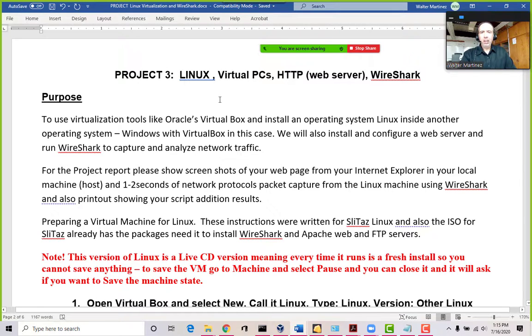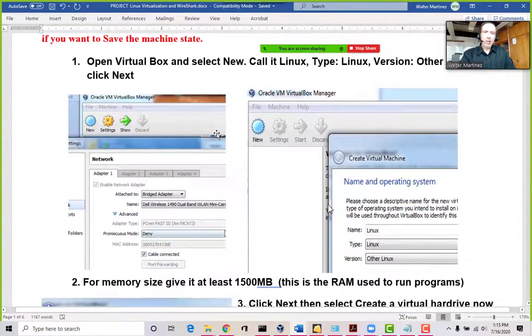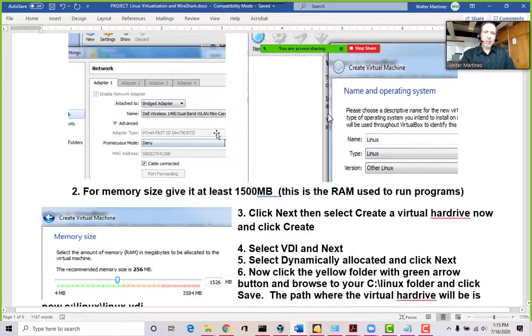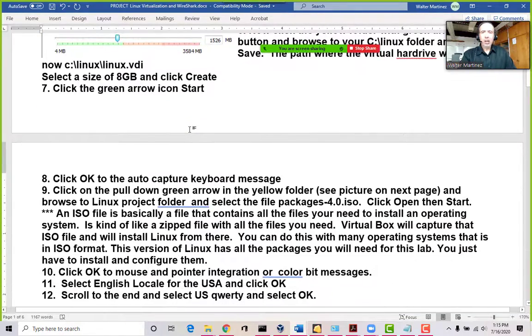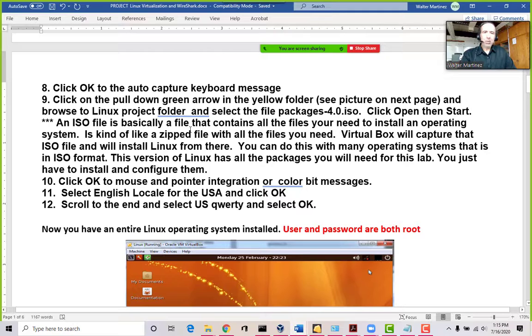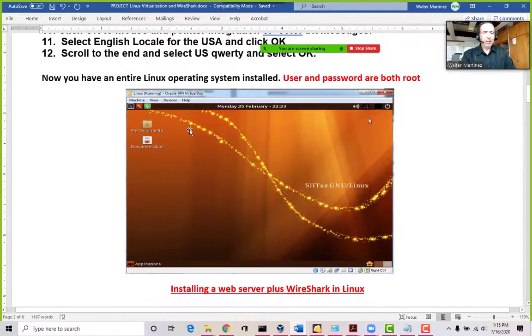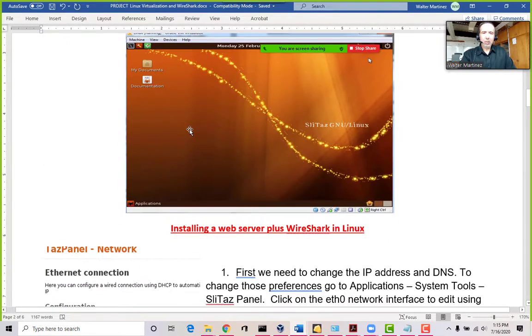You'll install a Linux machine in your VirtualBox, right? You'll have a virtual environment, and you'll configure the machine so that it bridges to your local desktop. And so with that machine, you'll be able to communicate back and forth between your desktop and your virtual machine.